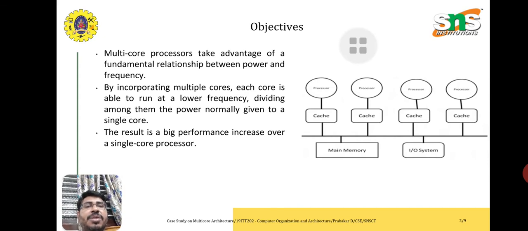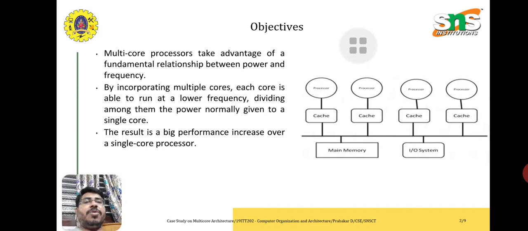So we know that. How do we organize a number of processors, like n number of processors? We can combine all these processors to execute our desired task. These are the things we are going to discuss in our case study. How can we merge all the processors into one single processor, which means a number of processors act as one single processor, so that we can improve our computer performance.